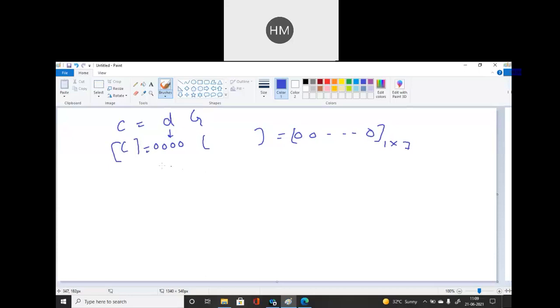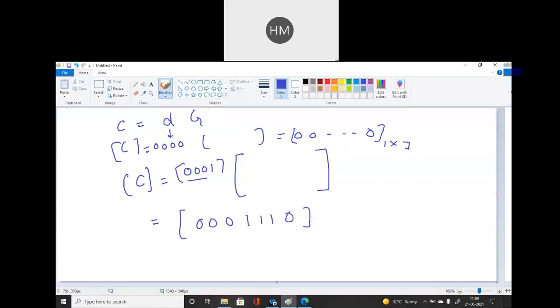Okay, student. Now this is the first code. Then second, C, D will be 00001. Now what I will do? I will write the whole generator matrix over here. Row column multiplication will take place, and I will generate this C code word. You can please multiply. You all know matrix multiplication, and check whether you are getting the second code message as this. ठीक है? This is for the second possible combination.